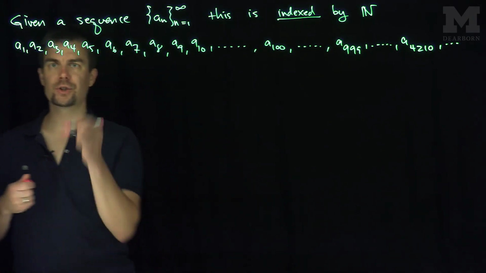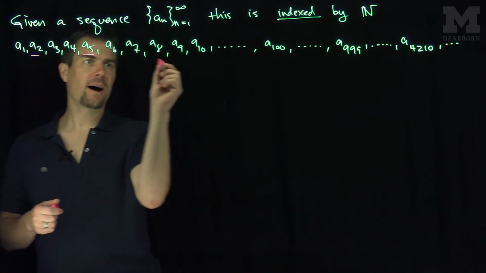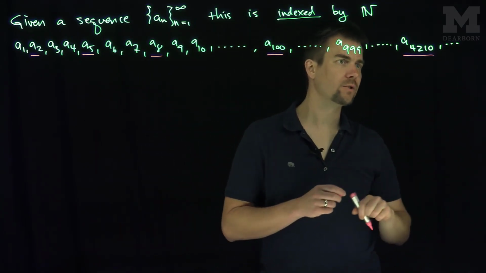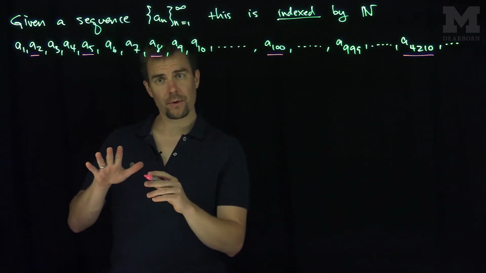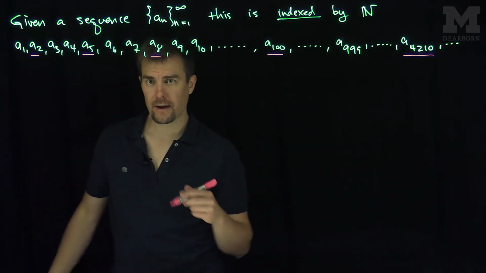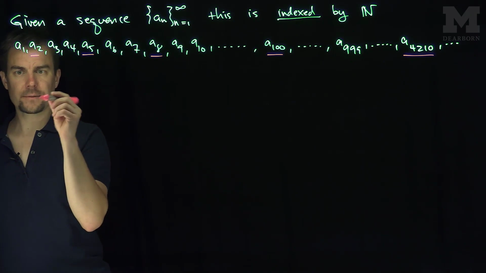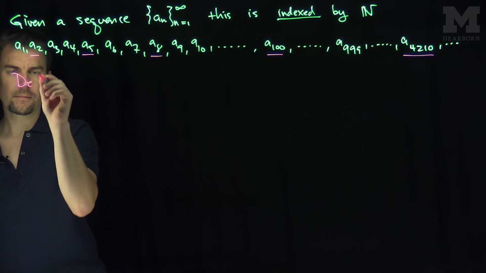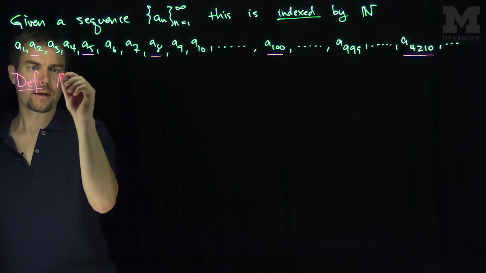So for example, I might choose a_2, a_5, a_8, a_100, a_4210, and I forget about the rest of them. So a subsequence is a sub-collection, a sub-index of n. So, a subsequence, definition: